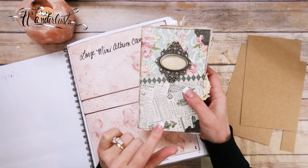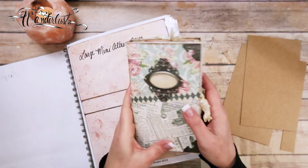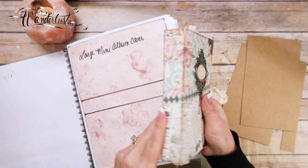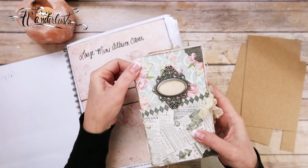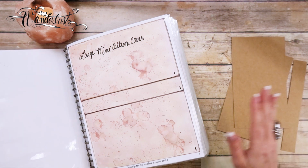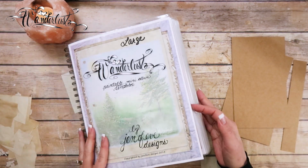Like this one here, this is the medium Wanderlust, and this is one solid piece. It's just paper with fabric in the middle, but it's the same concept. There's no space in between there. So that's what we're going to be doing. I've already got that cut out, so we needed that. And then